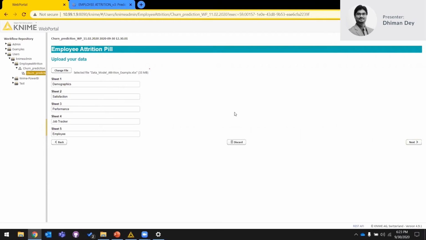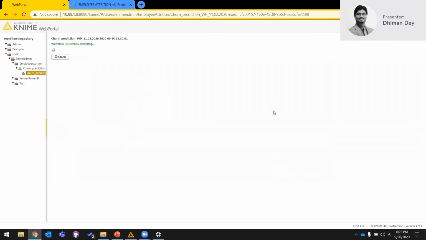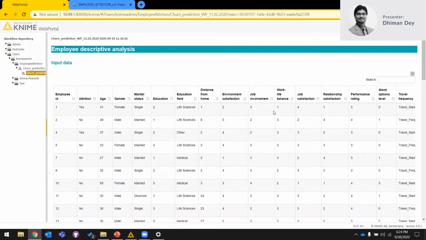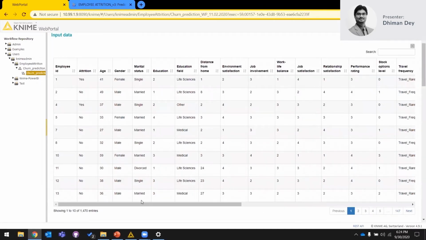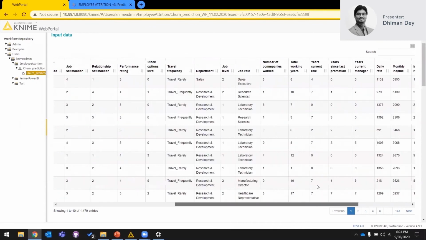You click next. What it does right now is some exploratory data analysis around the data set that we have just uploaded. It runs through the workflow we have for data massaging and the necessary pre-processing steps. It joins all the necessary data sets, brings them under one structured set of information, and gives you a quick glimpse of the input data that you have. First and foremost, you have this raw structure of data sets.